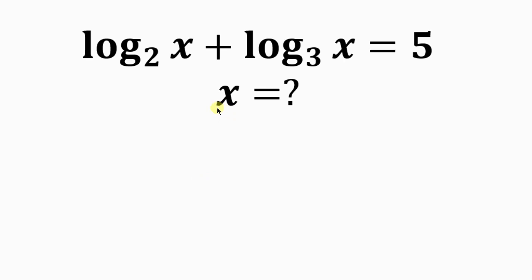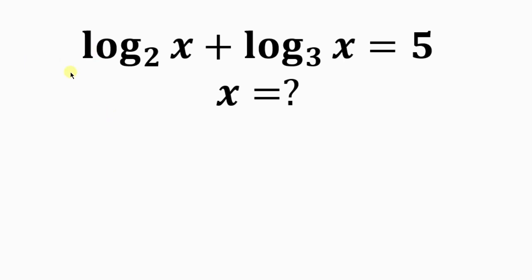We're told to look for the value of x given that log base 2 of x plus log base 3 of x is equal to 5. Notice that the bases are not the same. So we have to make their bases the same, and we're going to be applying the property of change of